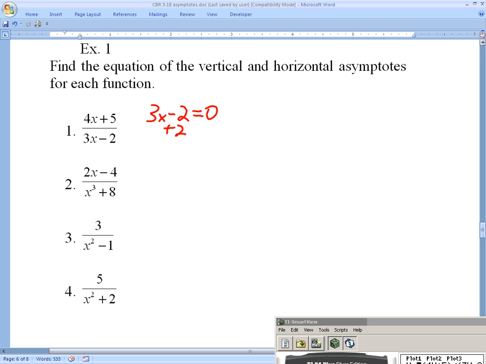We add 2 to both sides, so we have 3x equals 2, divide by 3, and we get x equals 2/3. That is the equation, the whole thing. It's got the x equals for a vertical line. It's got our constant, which is 2/3. If I were to graph this on an